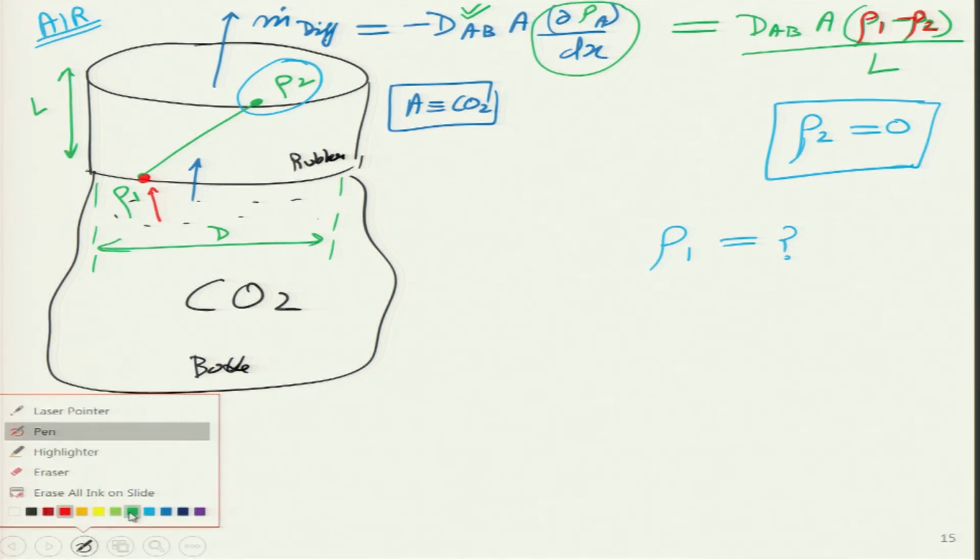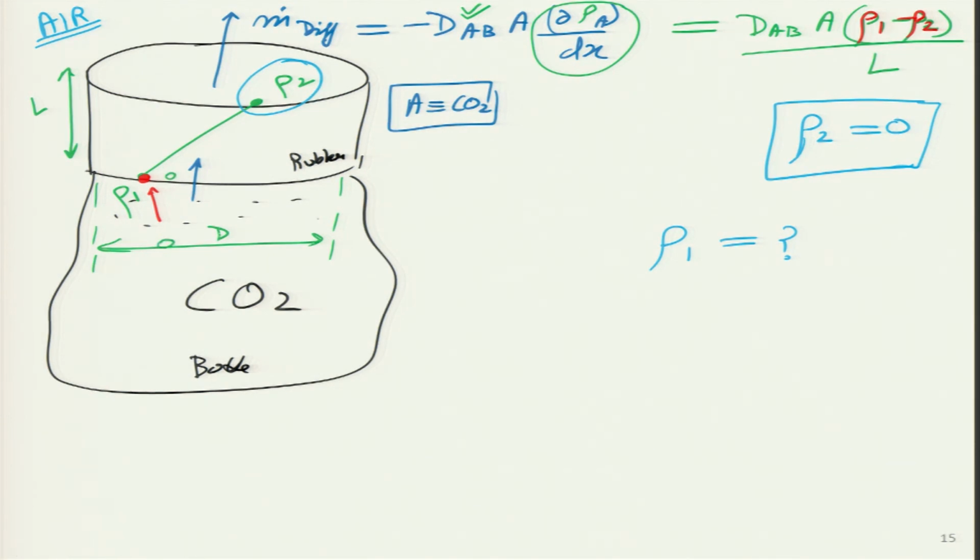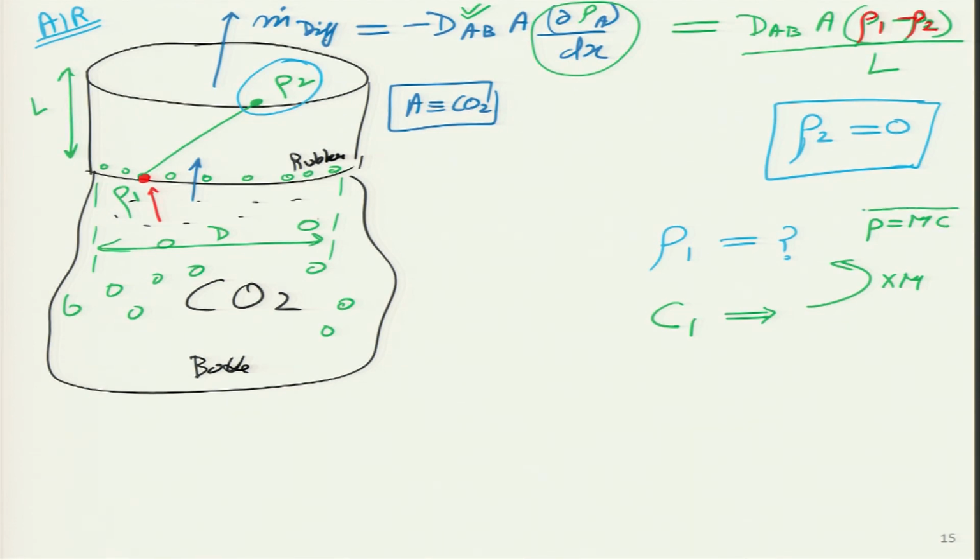So, if I can draw CO2 in green color over here, because everything is filled in this particular bottle with CO2 at high pressure. So, over here CO2 will be dissolved, that will give us the density in terms of the concentration C1. So, once we know C1, we can just multiply it by M, because we know density is M into C, where M is the molecular weight of CO2. So, M CO2 I think from memory it is about 44.